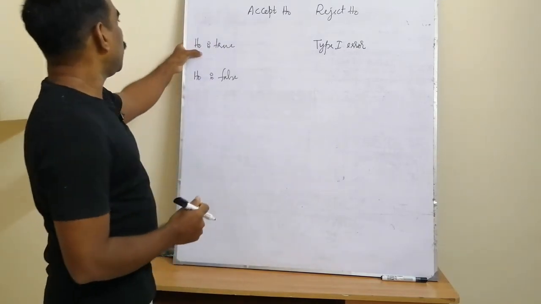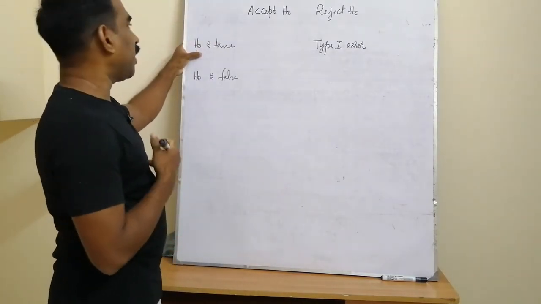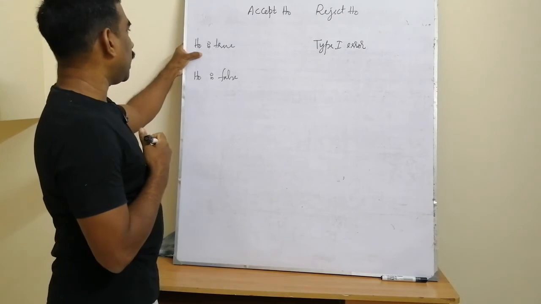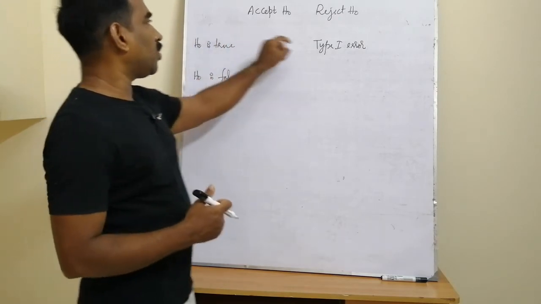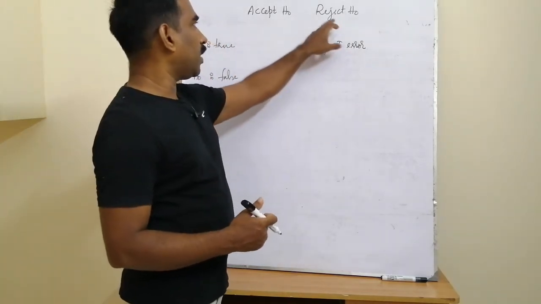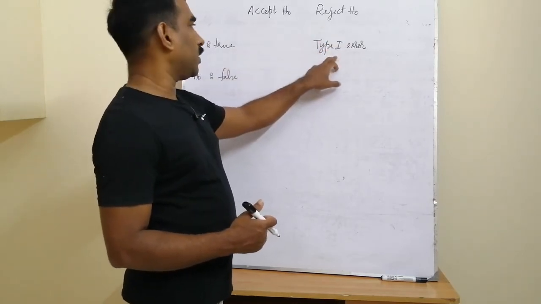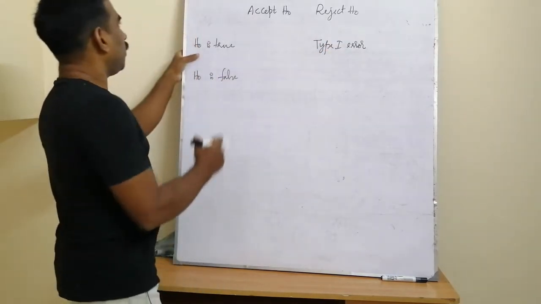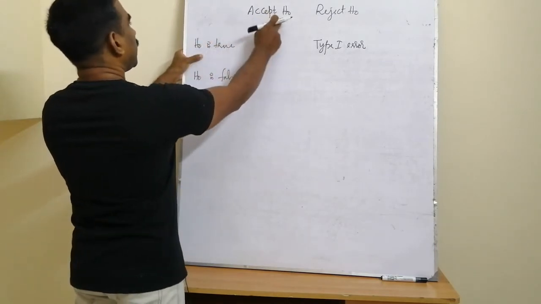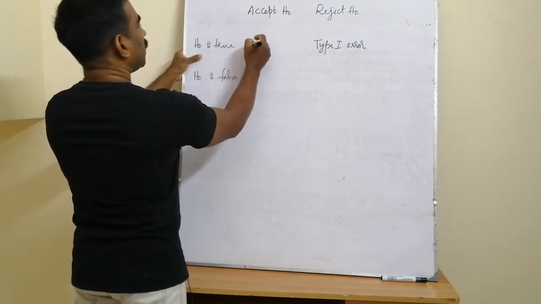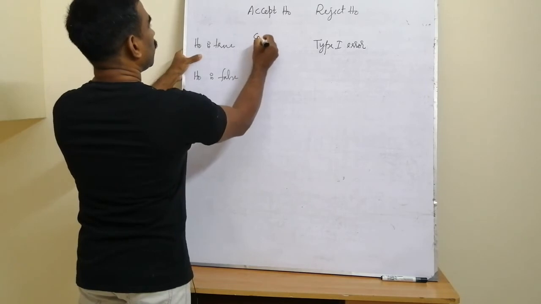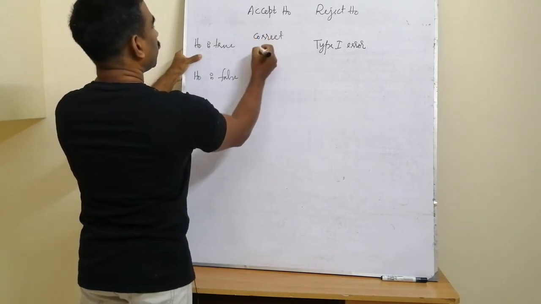Actually, the population statement or the population parameter value is true, the null hypothesis is true, but based on a wrong sample selected, we are rejecting that hypothesis. The error occurred is called type 1 error. And if H0 is accepted when H0 is true, our decision is correct. So this is called the correct decision part.